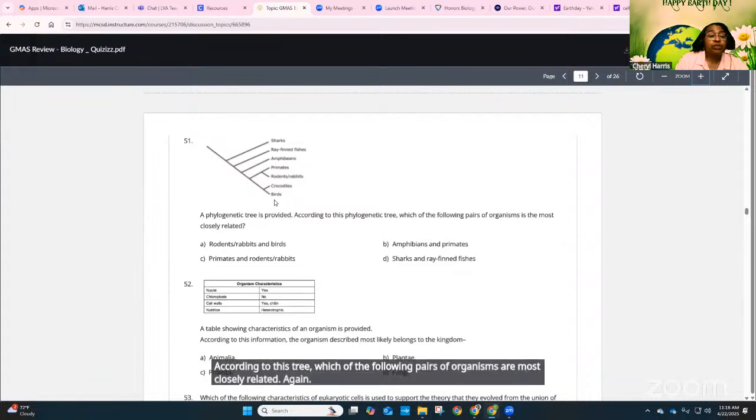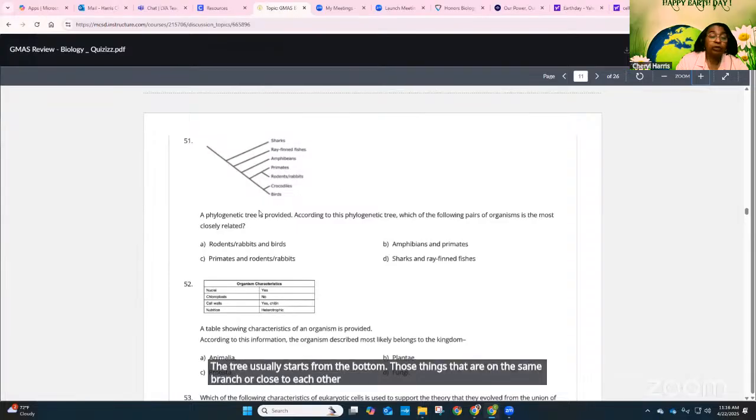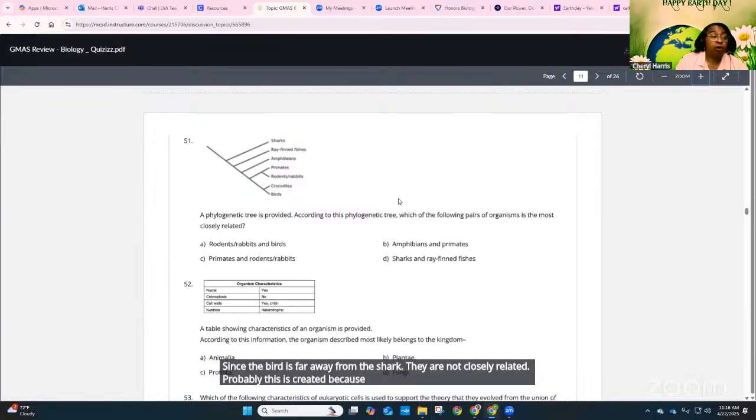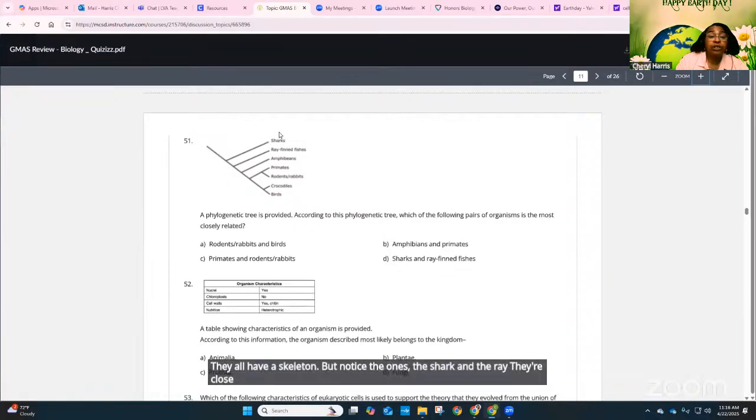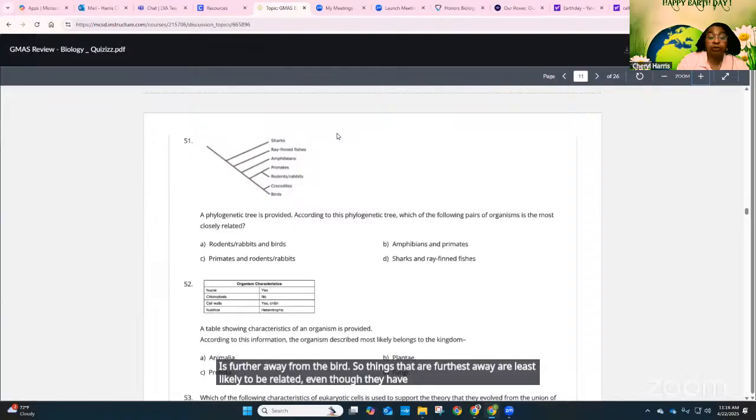Again, the tree usually starts from the bottom. Those things that are on the same branch or close to each other are more closely related. In other words, since the bird is far away from the shark, they are not closely related. Probably this is created because they're vertebrates. They all have a skeleton. But notice the shark and the ray, they're close together, so they are fish. The shark is further away from the primate, and further away from the bird. So things that are furthest away are least likely to be related, even though they have the common ancestry of being vertebrates. So the answer for this one